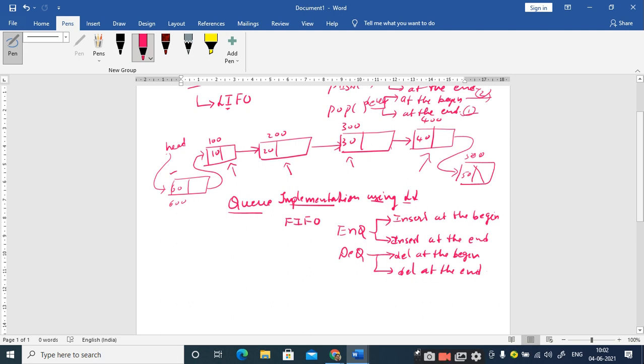So if we perform the enqueue operation using insertion at the beginning, you should use deletion at the end to implement the dequeue operation, and vice versa. If you insert the node at the end, you should implement the dequeue operation by deletion at the beginning of the linked list. So these are the two combinations we have.